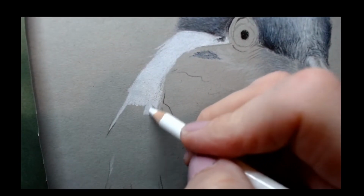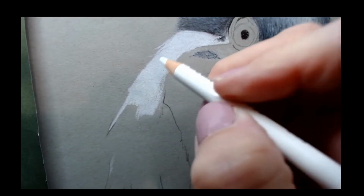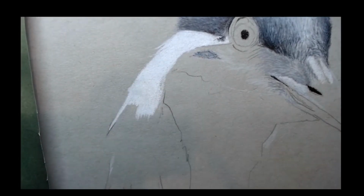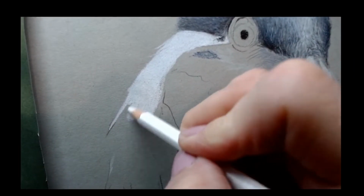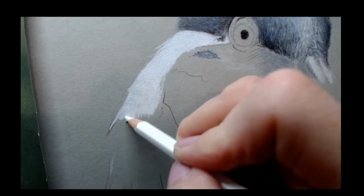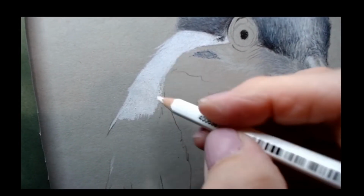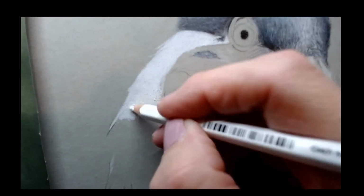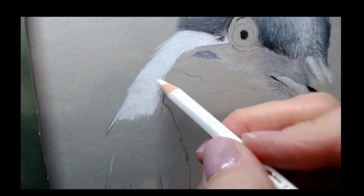So I came in and just filled that in with Prismacolor white. But when I used the Stabilo, it didn't quite cover it the way that the Prisma does. I felt like there were some white spots, but you can go over the Prisma with the Stabilo and it works wonderful to get a pure white. So both of these pencils work really well,